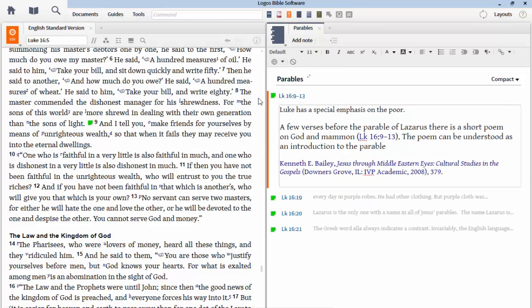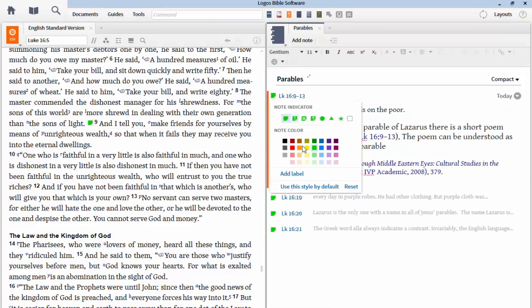By the way, you can change the color to any kind of color you want. You can have all notes the same color, or you can give different colors to different notes. If you want, you can have one color for texts in the Bible about the Sabbath, another color for texts about the sanctuary, another about prophecies, another about salvation and grace. So you can use colors for different